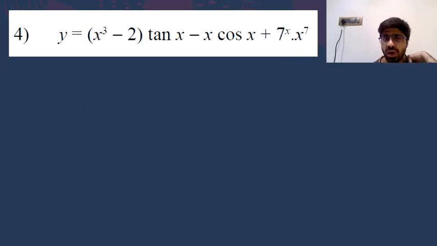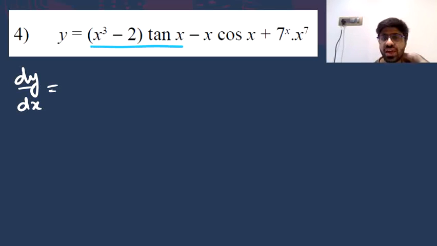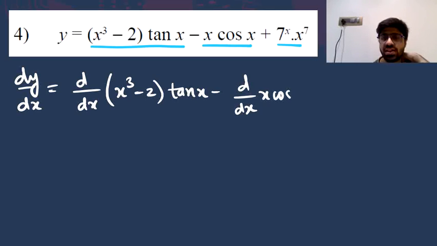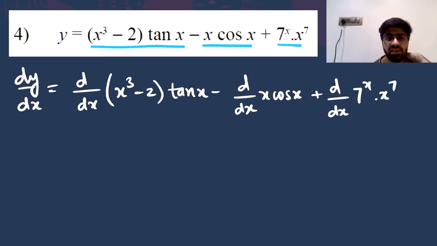Going ahead with the fourth one, dy by dx. So it will be d by dx of a minus b plus c. You can split the derivative and write it as d by dx of x cube minus 2 into tan x minus d by dx of x cos x plus d by dx of 7 power x into x power 7. So dy by dx will be,